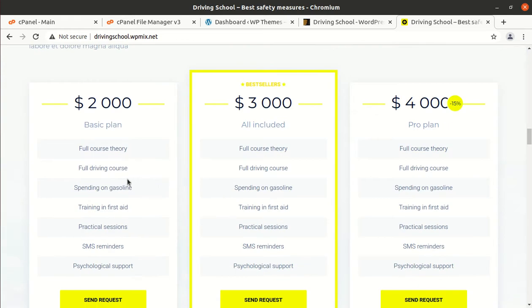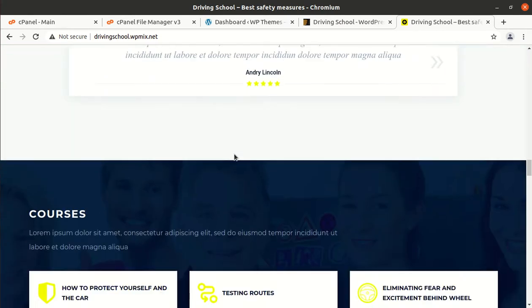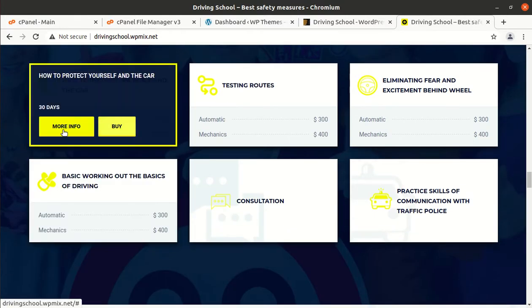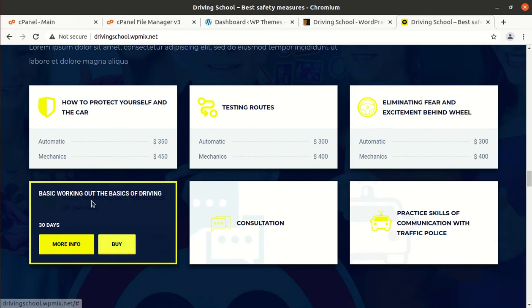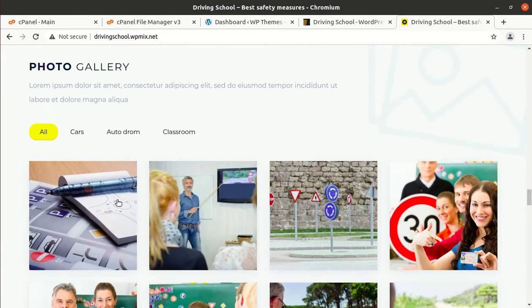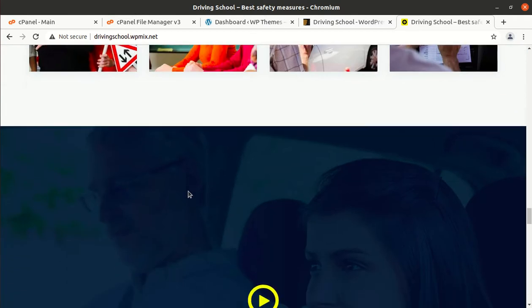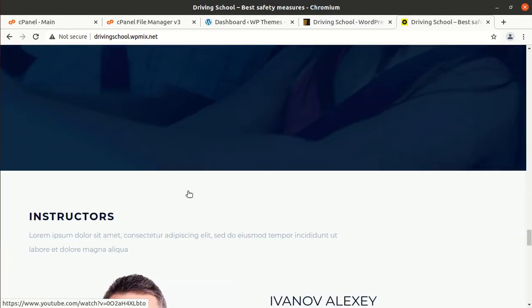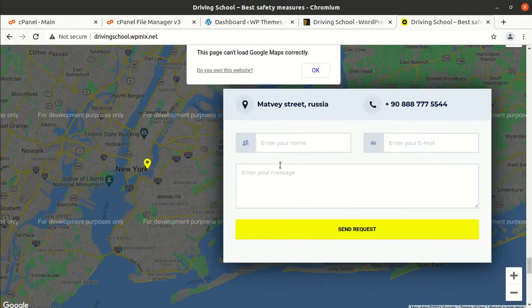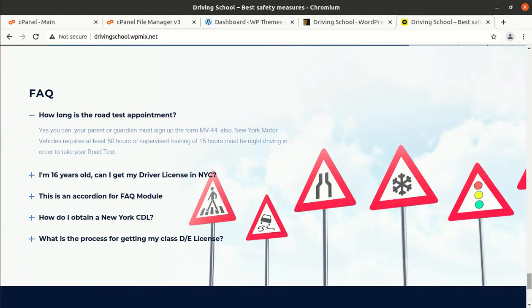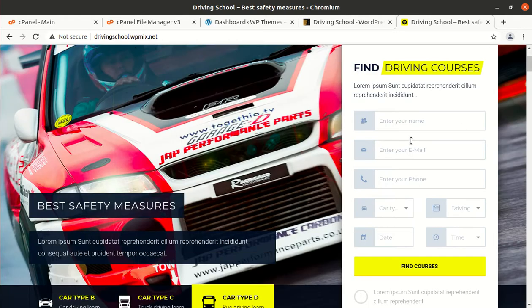So everything is perfect, and the pricing structure is also here, and the courses can be added, maybe driving courses, and a photo gallery has also been given on the very home page, and the instructors, the contact us page, the inquiry page, everything is here. The inquiry is also given at the top of the slider,